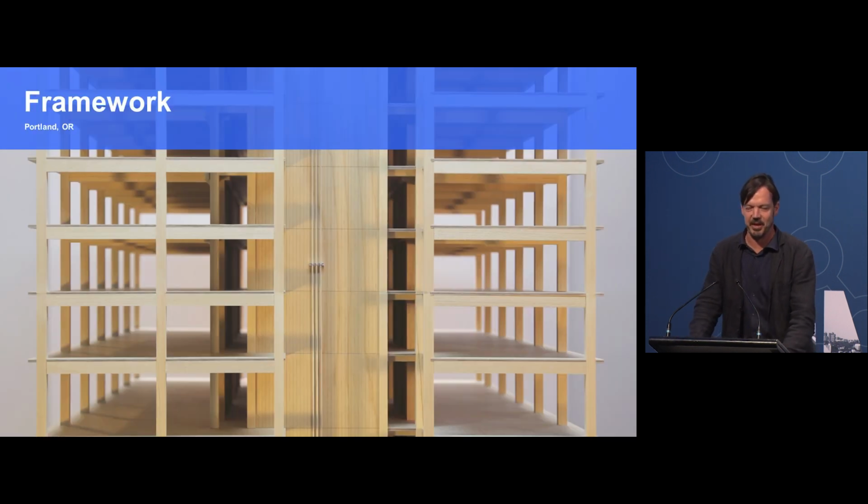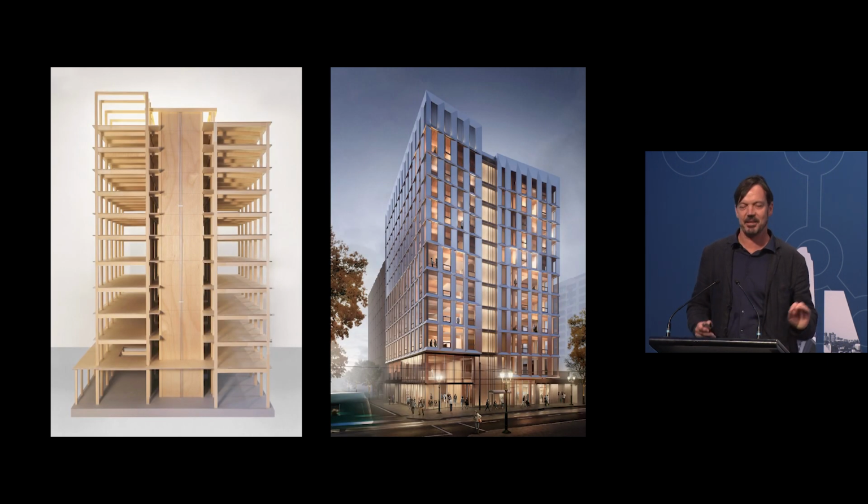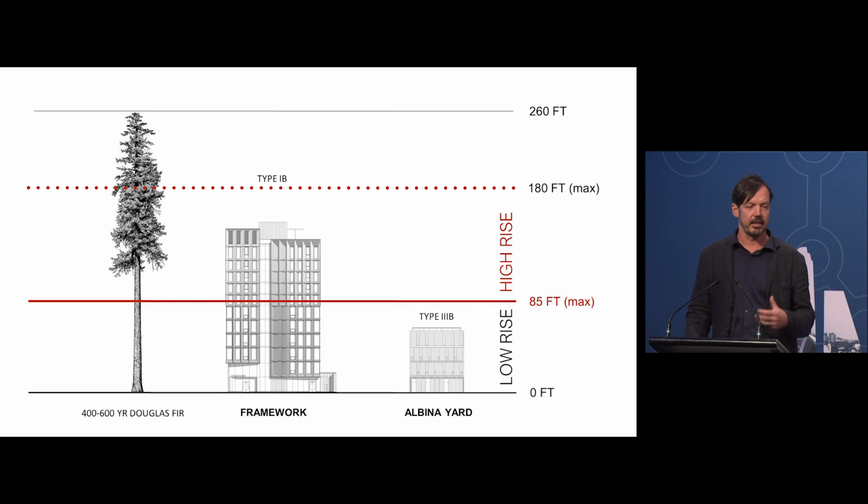So I'm going to end with Framework, and I don't know how much time I have left. 14 minutes, okay, so that's good to know. Framework is something completely different. It's basically building a building that doesn't currently exist in the code in the United States. Once you get above that magical 85 feet, you're basically out of anything that's prescriptive. So what we had to do was actually